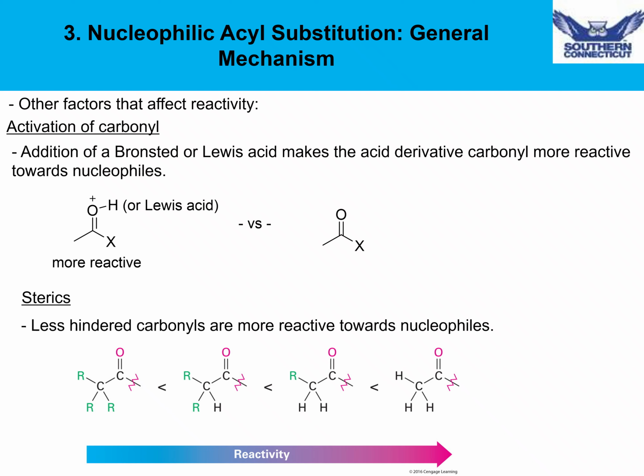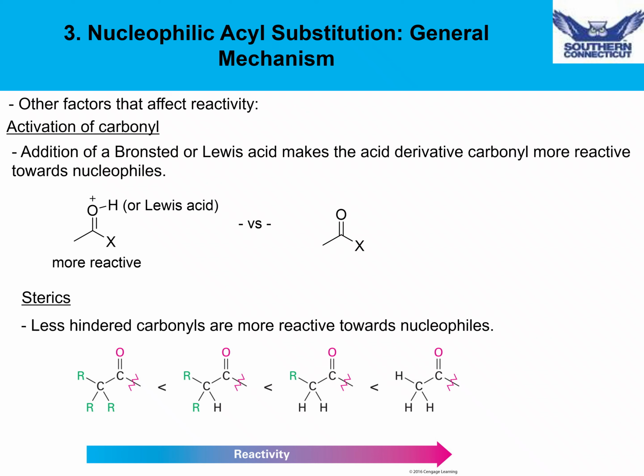There are other factors that will influence the reactivity of a particular carbonyl compound. For example, using an acid, whether it's a Bronsted or a Lewis acid, will help to "activate" the carbonyl and make it more electrophilic and therefore more reactive towards nucleophiles. So if you have one of the acid derivatives like an amide or an ester, which are generally considered less reactive, we can still get them to react if we activate the carbonyl first by using a Lewis acid or